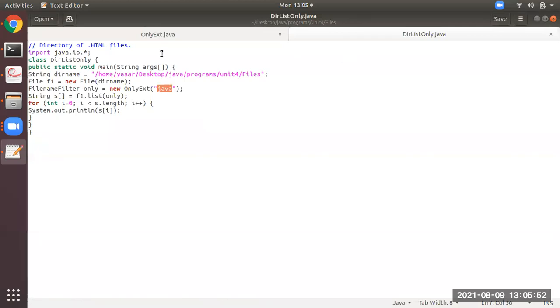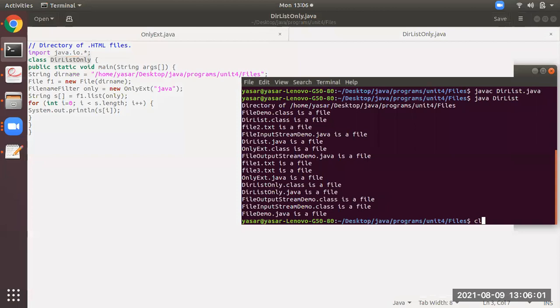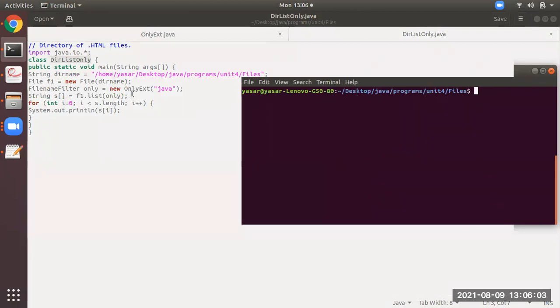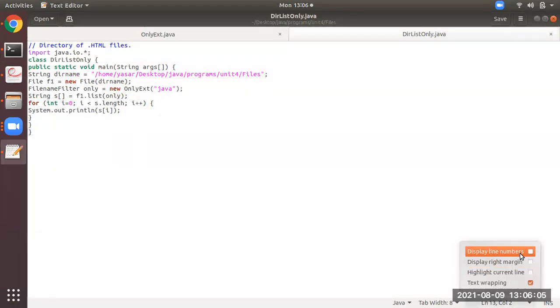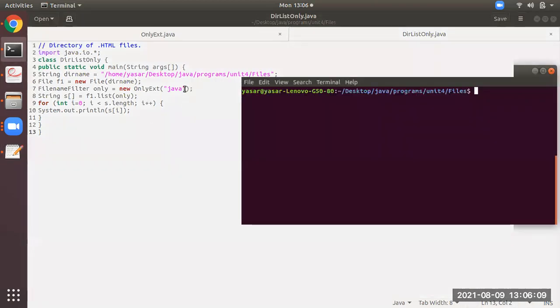So see students, what I'll do is directly execute the program first. I will clear it, but observe here at line number 7, what I have given over here: java. I will explain in detail, don't worry.